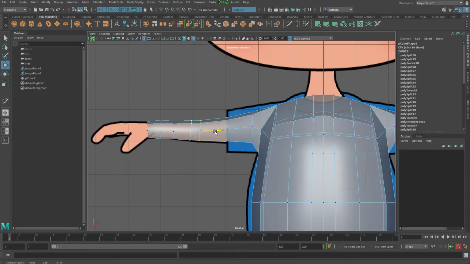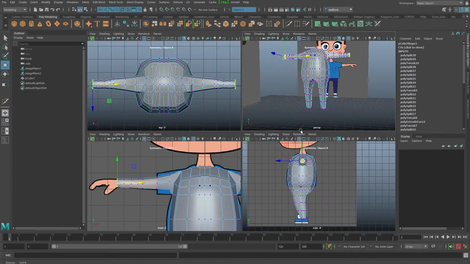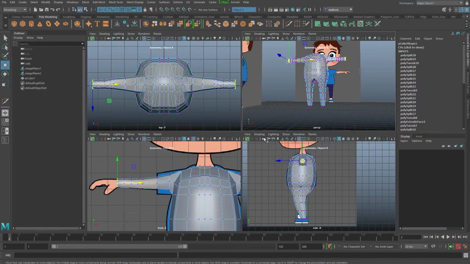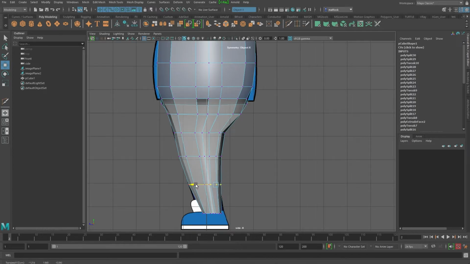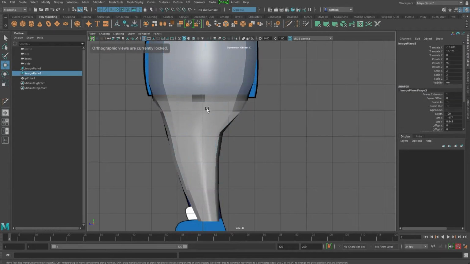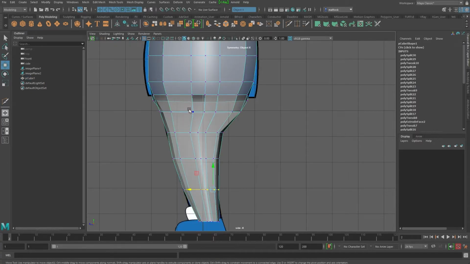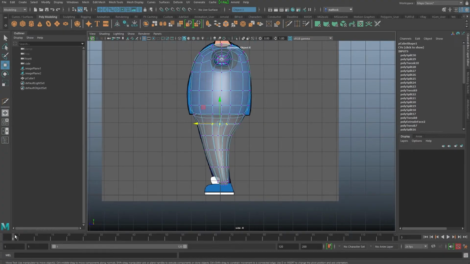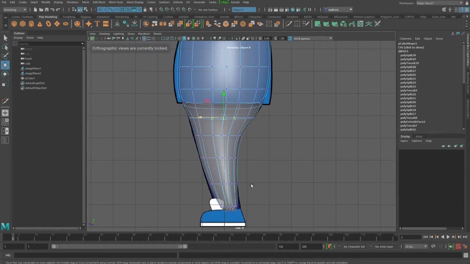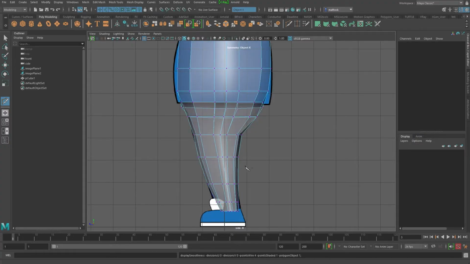Let's move this along so it's sort of a better position for his elbow. Let's have a look at these legs. He's going to need a better knee in there. I'm going to go up a level of X-ray so I can see a bit more of my image behind. I'm going to add another edge loop in the bottom so we get more of a... Let's start putting in something for a bit of a knee.